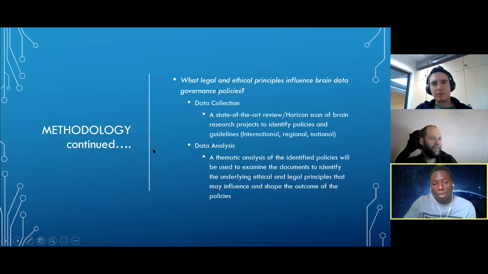Then for the second question, we intend to do a state-of-the-art or horizon scan of brain research projects to identify the policies and guidelines that they have issued. We intend to look at international guidelines, for example, the Declaration of Human Rights. We intend to look at regional, continental scale guidelines and policies, and also national guidelines and policies, especially of members that are part of the IBI, for example, Japan, Australia.